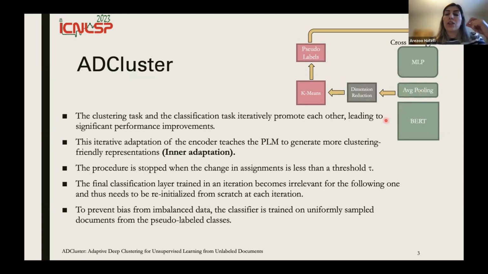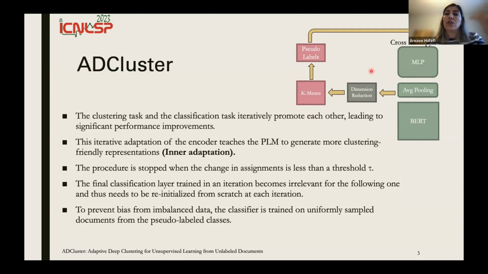At the beginning of each training iteration, we make document representations by applying an average pooling over the last layer of the language model. Then we do dimension reduction, and eventually we apply a clustering algorithm, for example k-means, on these representations to predict pseudo-labels for the unlabeled data.